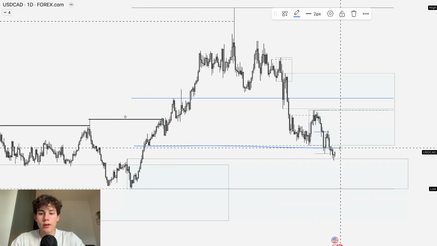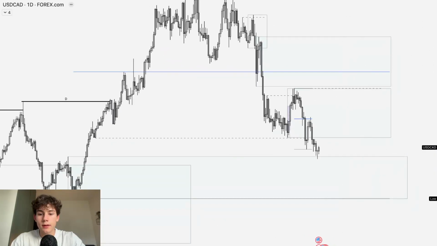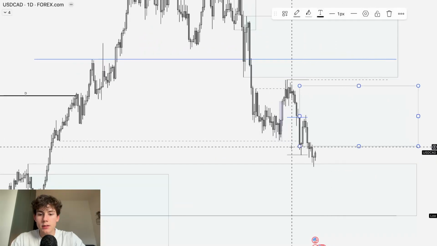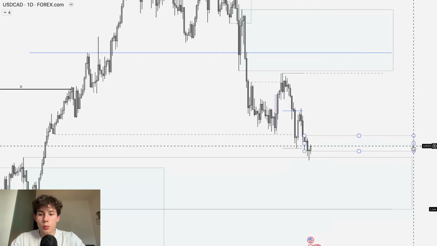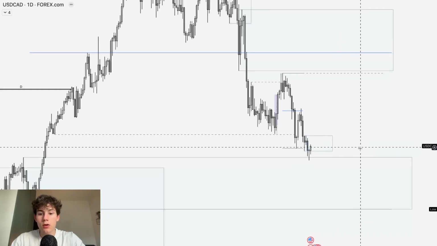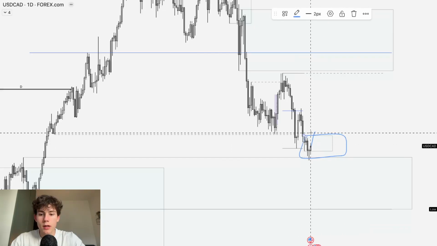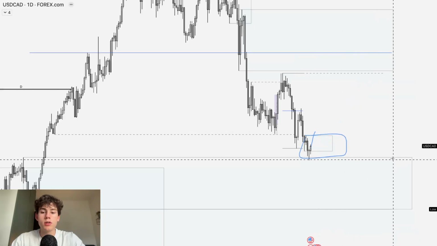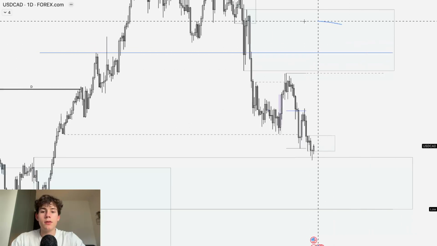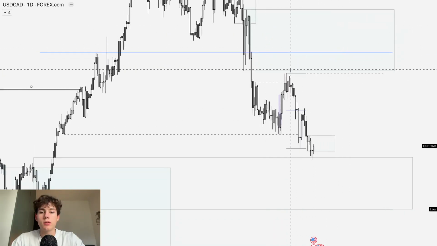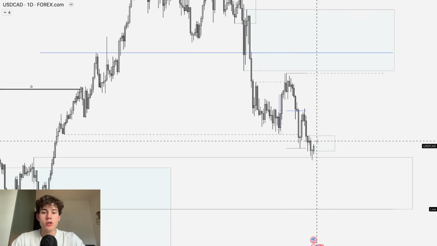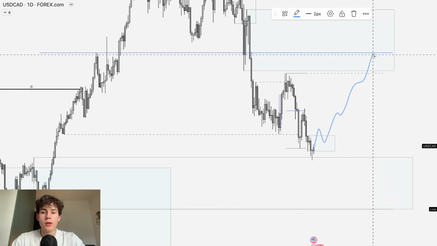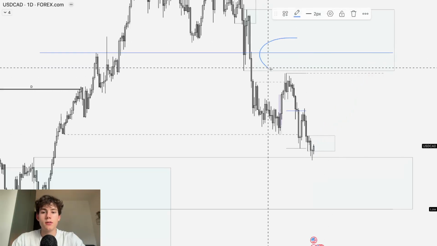We took liquidity underneath the lows, and let me see. This supply is currently in control. So if we start to break the supply zones and create demand zones, so if we break the high, create a demand zone, I'm looking for longs here on USD CAD, definitely in towards this higher supply zone and this liquidity which missed the supply. So if we start to break that order flow, yeah, I'm looking for those longs in towards this high.